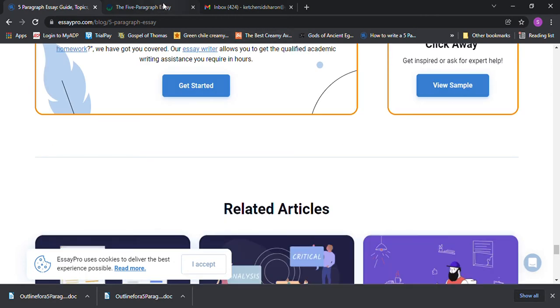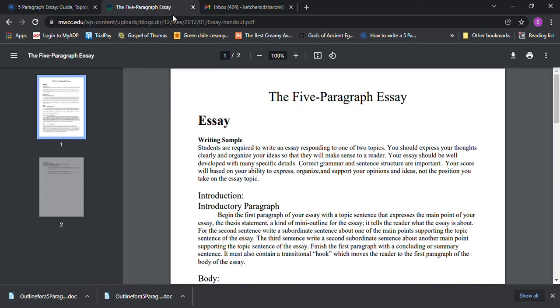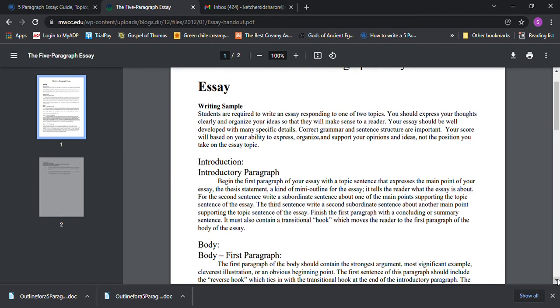And then here's another one, the 5-paragraph essay. And this is a PDF that you can find. If you Google search it, you probably want to type in mwcc.edu space the 5-paragraph essay, just like they did. And then Google search it, it should probably bring it up. But it's a PDF, and so you can save it as a PDF, or you can print it out. So this one talks about the introductory paragraph. It says,